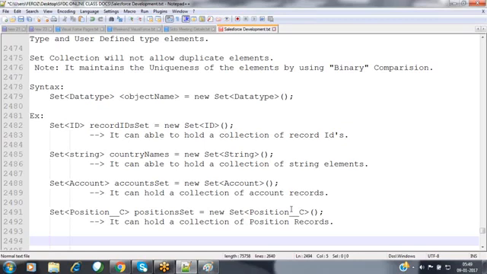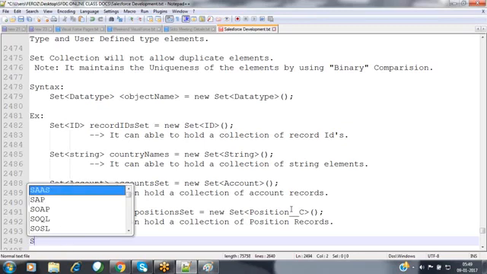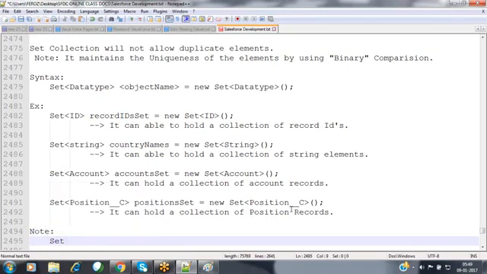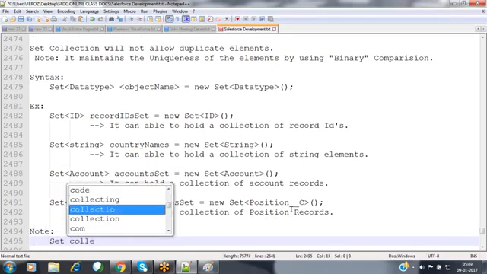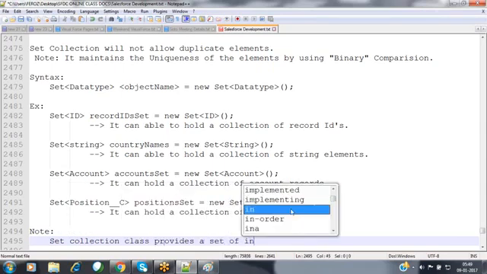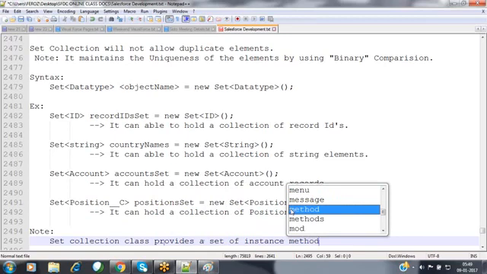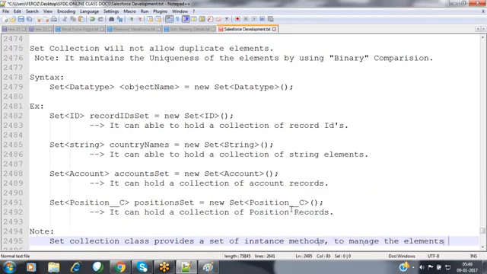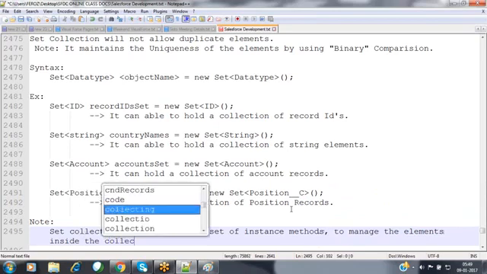Now, once you have defined the set collection, in order to manage the elements inside the set collection, Salesforce provides a set of instance methods. The set collection class provides a set of instance methods to manage the elements inside the collection.